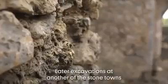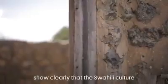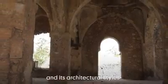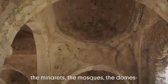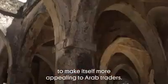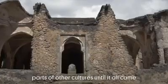Later excavations at another of the stone towns on the Swahili coast, Shanga in Kenya, show clearly that the Swahili culture was homegrown in Africa, and it picked up Islam and its architectural styles, the minarets, the mosques, the domes, to make itself more appealing to Arab traders. They cherry-picked their influences from the successful parts of other cultures until it all came to an end in the